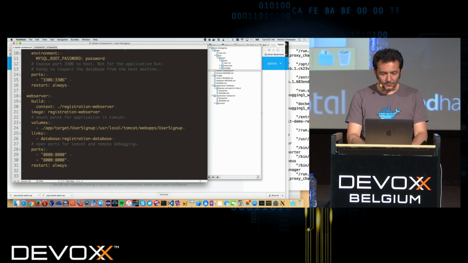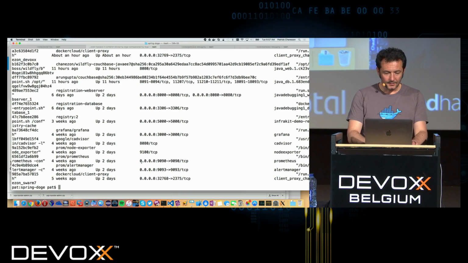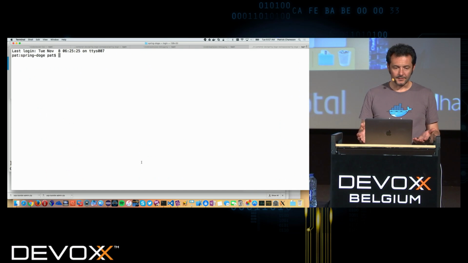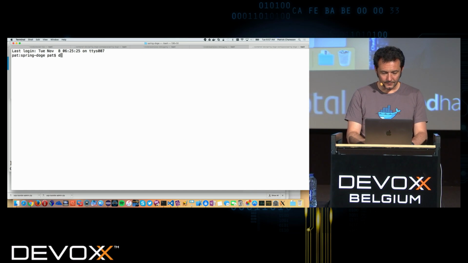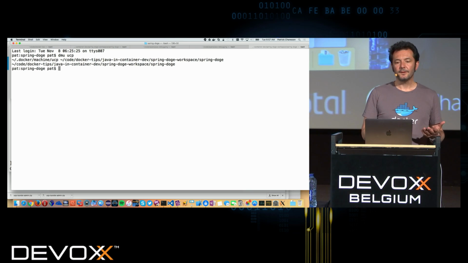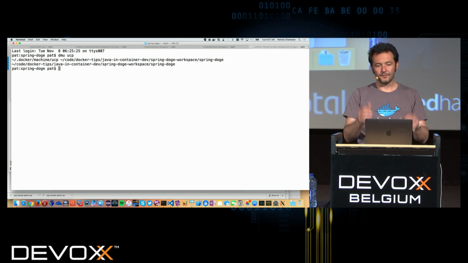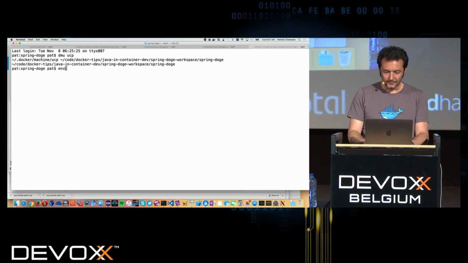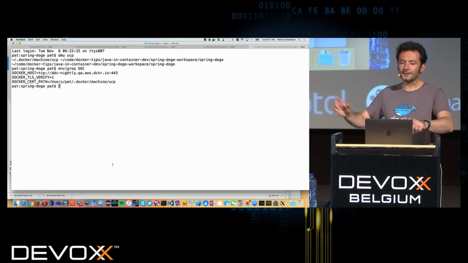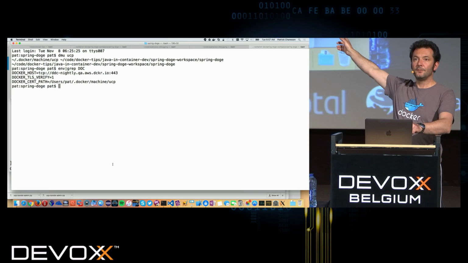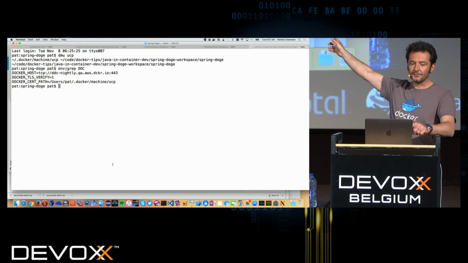So I've done that already for the admin user. So let me go in a different directory, and here I have a little alias, dmu UCP. When I do that, I just source the env file. So if I do env pipe grep docker, you can see here that I'm targeting the nightly instance that we were talking about.